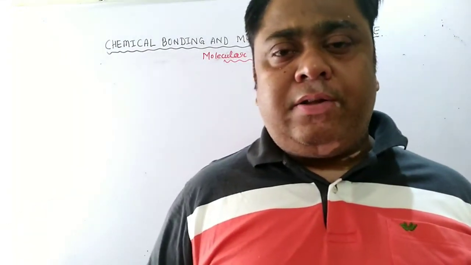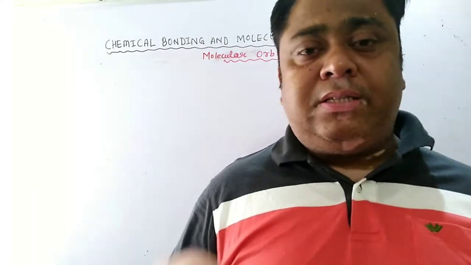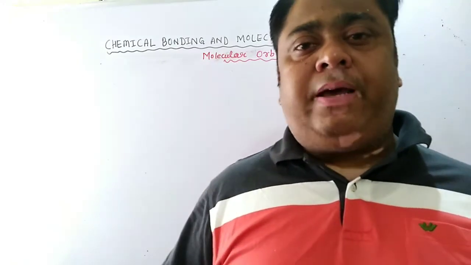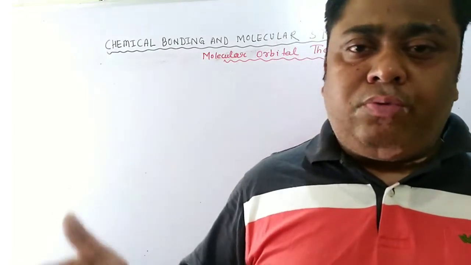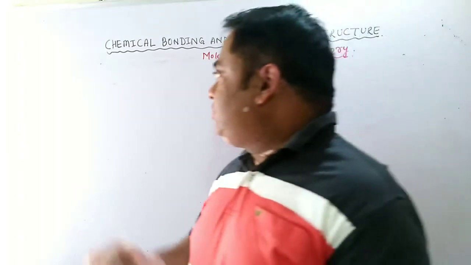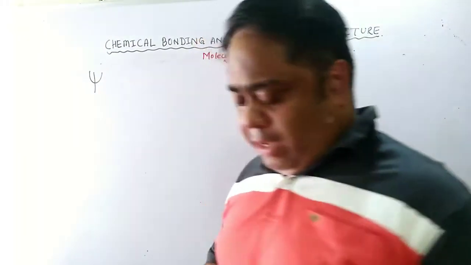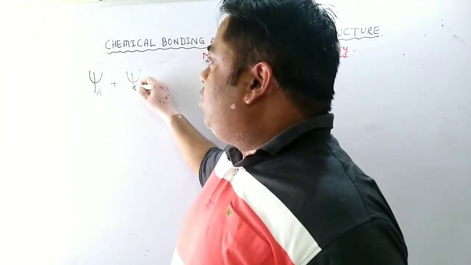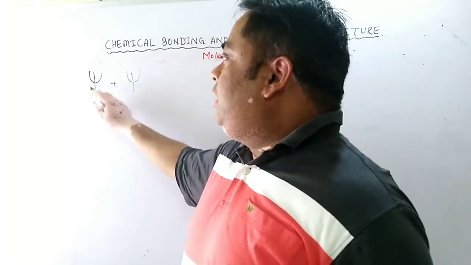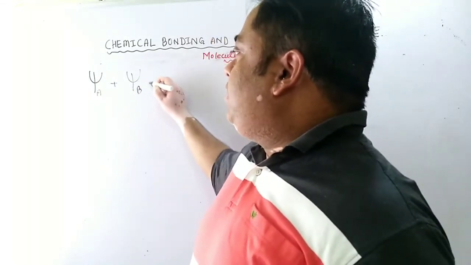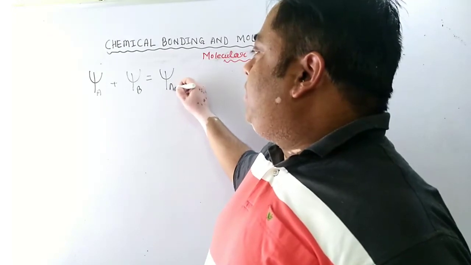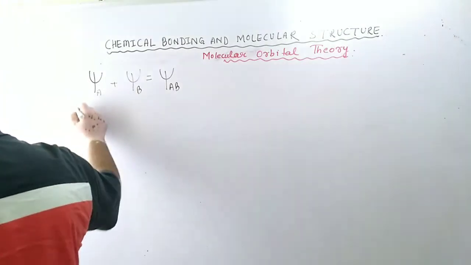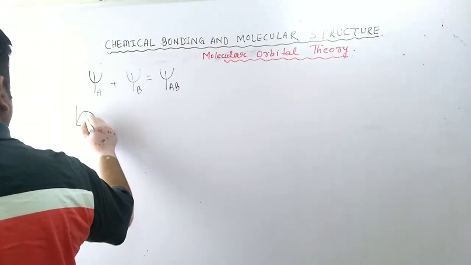What we will understand is that atomic orbitals, the space around the nucleus where the probability of finding an electron is maximum, are represented by the probability curve, the amplitude of which is, say, psi. Take two orbitals, say psi A and psi B. These are the amplitudes. Don't be afraid of psi; you can write anything, you can write y also. Psi A and psi B form psi AB if constructive interference of the wave takes place, if the waves are in the same phase.